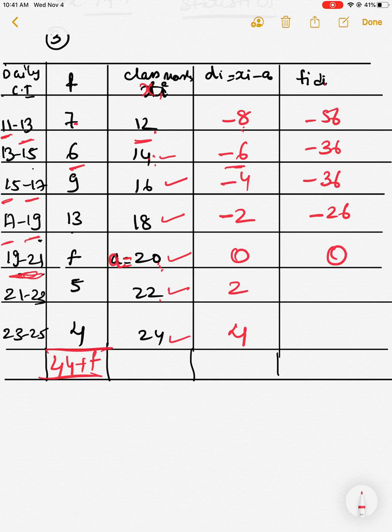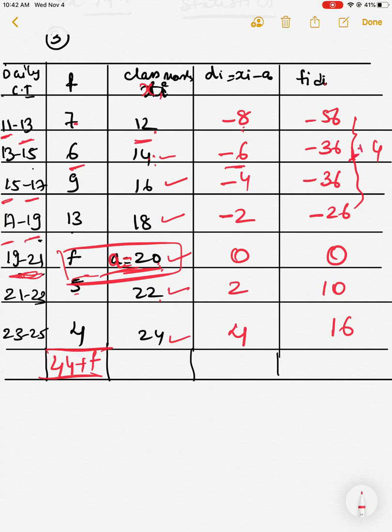So for the missing frequency, you should take that class mark as a, in case of finding the missing frequency. If all frequencies are given, you can take any value, it makes no difference. But in one case, where the missing frequency is not there, that is why we have taken a is equal to 20. Okay, here 2 5s are 10. Then here 4 4s are 16. So add up all this. 6 4s are 24. 7 plus 3, 10, 13, 15.